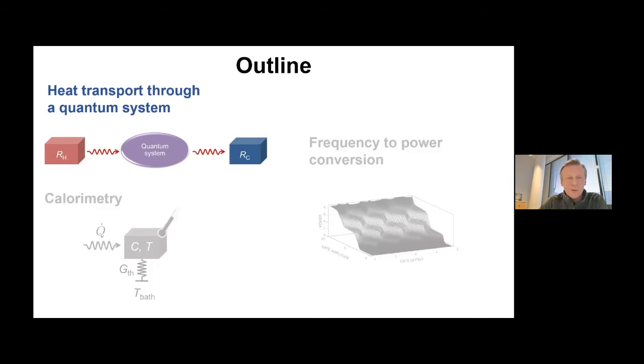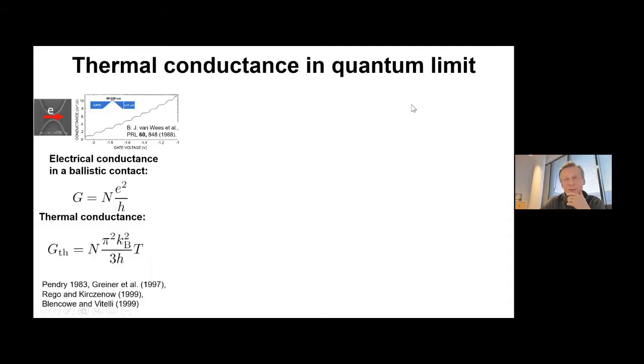So let's start from this first one, which is in fact quite related to the second one also. So in the first topic, what we are doing is that we are looking at essentially thermal conductance through these quantum systems, and as a reminder for people, already in the 1980s there was a set of experiments. Of course, this was backed by a lot of theories, that electrical conductance in a ballistic contact will be quantized in units of e squared over h, and that was something which was realized at that time in semiconducting